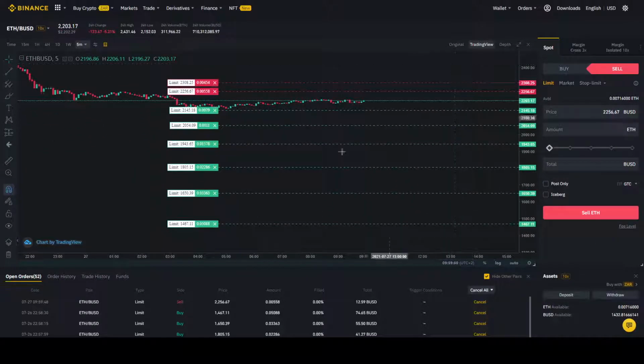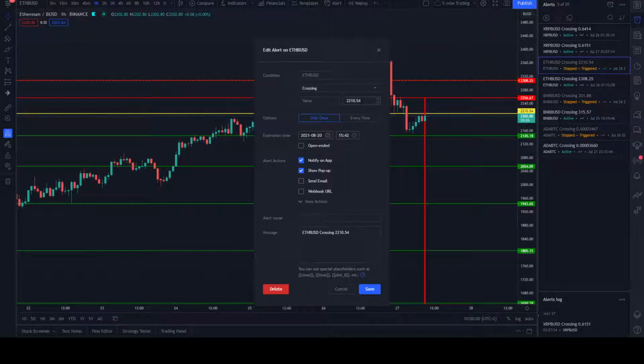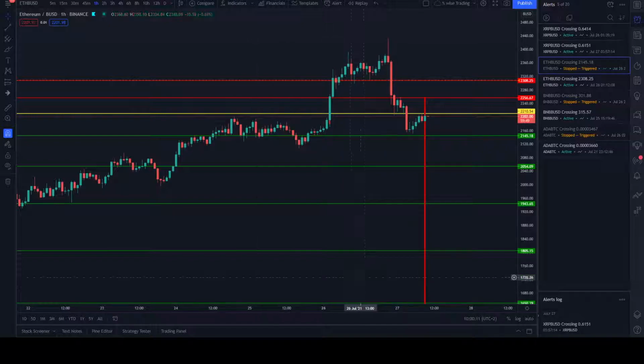We should have 8 trades. 8 trades available. Here we go. And now just resetting our alerts. The market drops to 2145.18. We'll get the alert. That means we need to set another sell limit order.